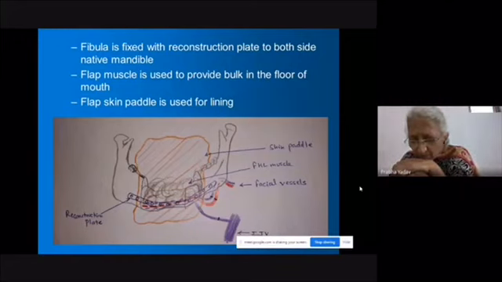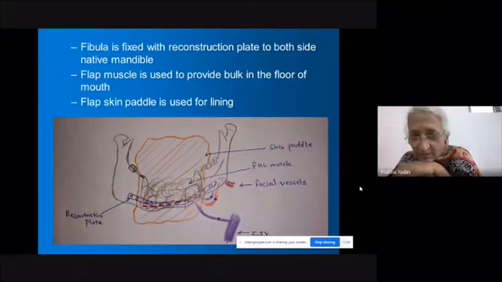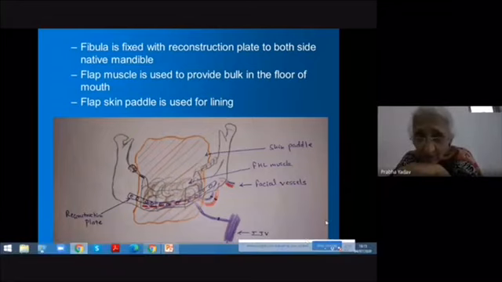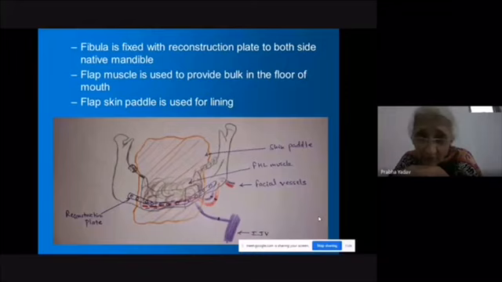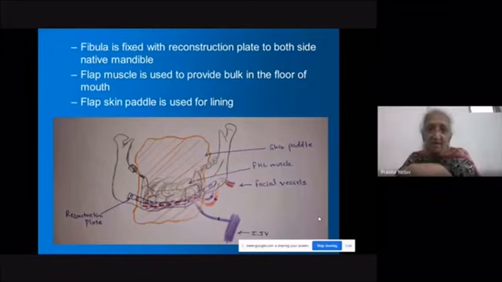And what else was I to ask you? Okay, so you have chosen which vessels you want to choose for this case. Ma'am, for arterial anastomosis, facial artery, and for two vena comitans, one facial vein and one other tributary from the internal jugular vein. Okay. For all free flaps, you always do two veins, one artery and two veins? Yes, ma'am. Okay. And fibula, it is better if you do two veins.